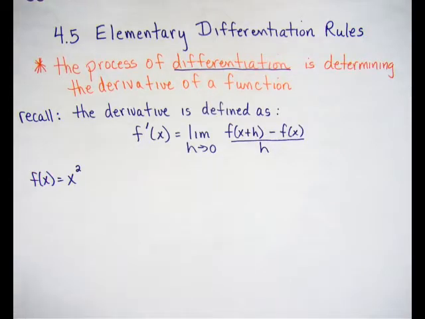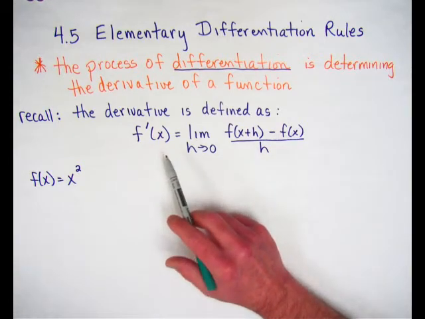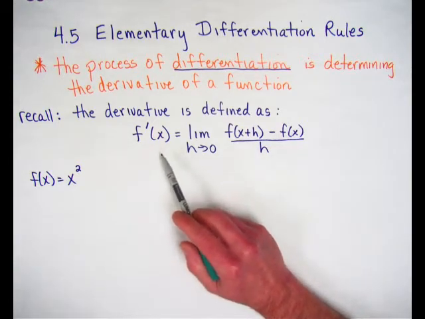In section 4.5, we're going to look at what are called the rules of differentiation. In 4.3 and 4.4, we learned this idea of what was called a derivative of a function. And the derivative of a function, if you recall, was a limit of indeterminate form. So what I've done here, just as a bit of a review, is I've written down the formula for the